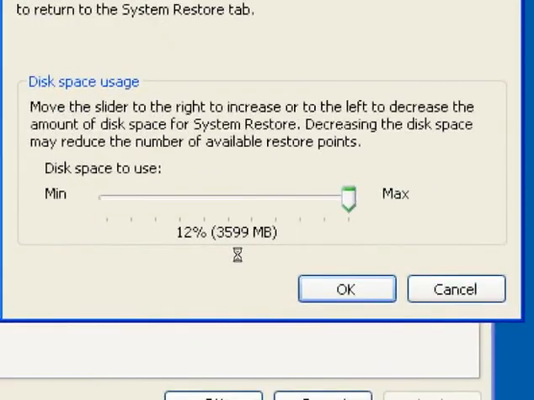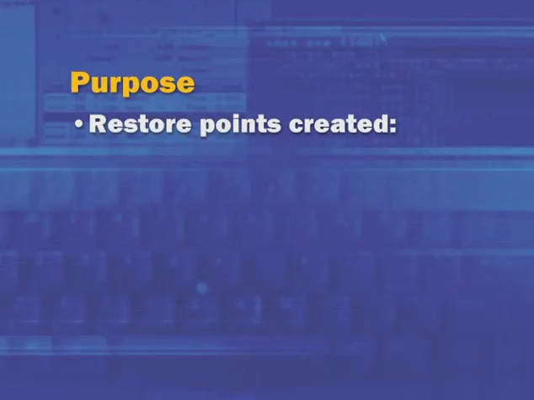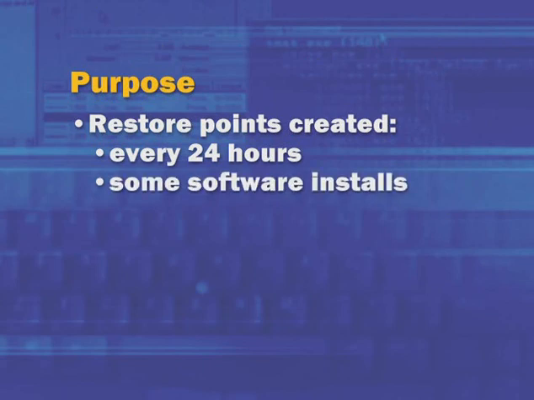So if we zoom in on this, it looks like you've allowed, Mark, 12% of the volume, which I believe is the default maximum, so about 3.5 gigs of your main C drive, C volume. Restore points are created by default every 24 hours. They're also created on some software installs, depending on the software installation mechanism that you use. For example, the Microsoft Software Installer will automatically take a restore point